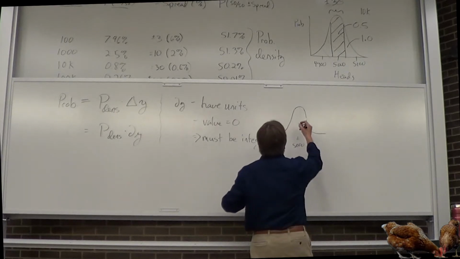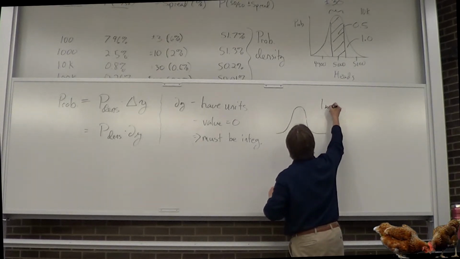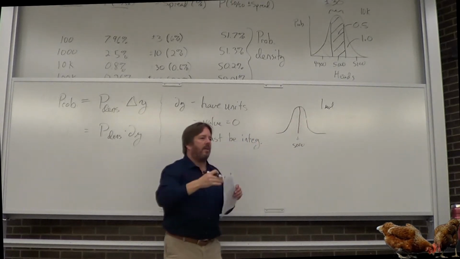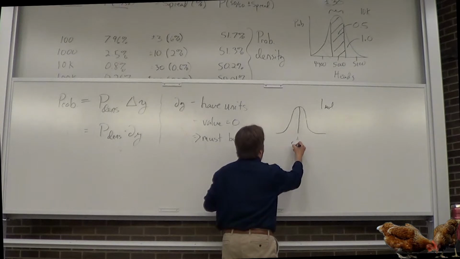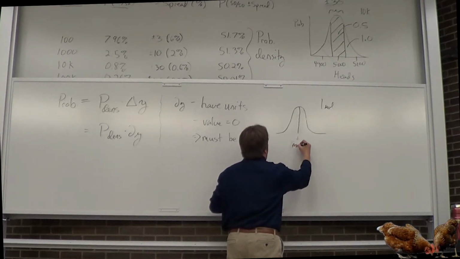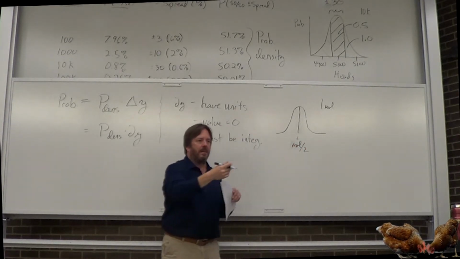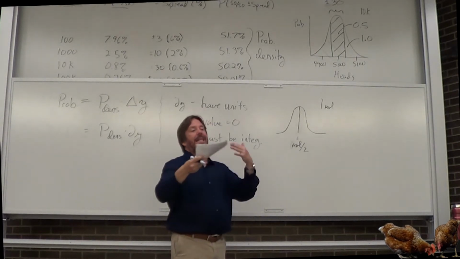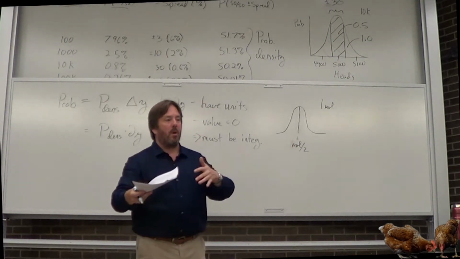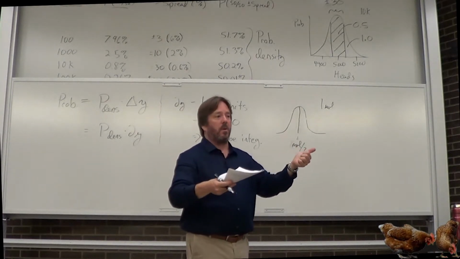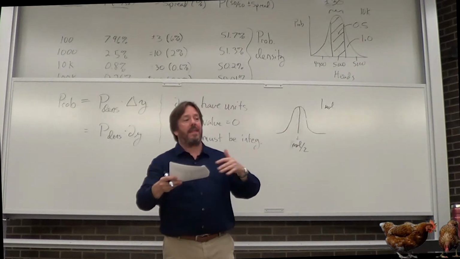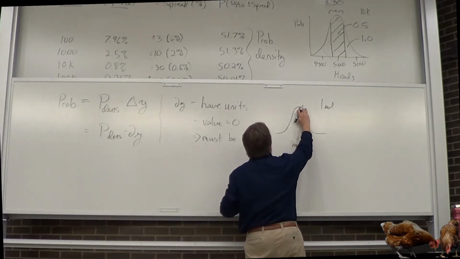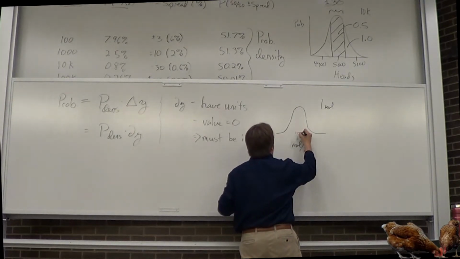I'm just trying to emphasize that if this is for 1 mole, and you don't have a spread and you ask for the 50, what are the odds of exactly a mole over 2 heads? Heads or tails, we'll just choose heads. The answer is 0. You will not observe exactly half a mole heads, half a mole tails if you do a mole of coin flips. You will not observe that. That's ridiculous. There's too many other outcomes. You have to give it a finite spread.